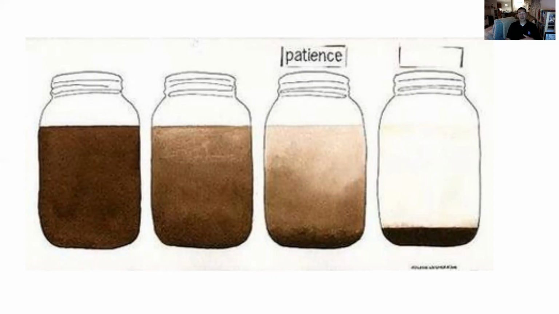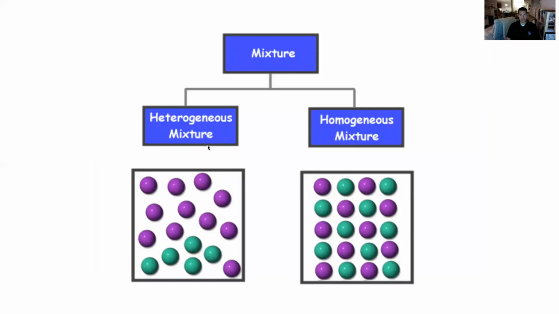If I asked you, is your blood, what type of mixture is that? A lot of people think homogeneous because it looks like it has a uniform composition, but when we zoom in on blood, we actually see it's got red blood cells and all these other different things going on, platelets and whatnot, white blood cells. So blood is actually a heterogeneous mixture. It will settle out over time if we let it. All right, so again, mixture, heterogeneous or homogeneous, unevenly distributed or evenly distributed. So those are the big pieces we're looking at in this very first chapter that explain how we can classify and begin to organize matter.